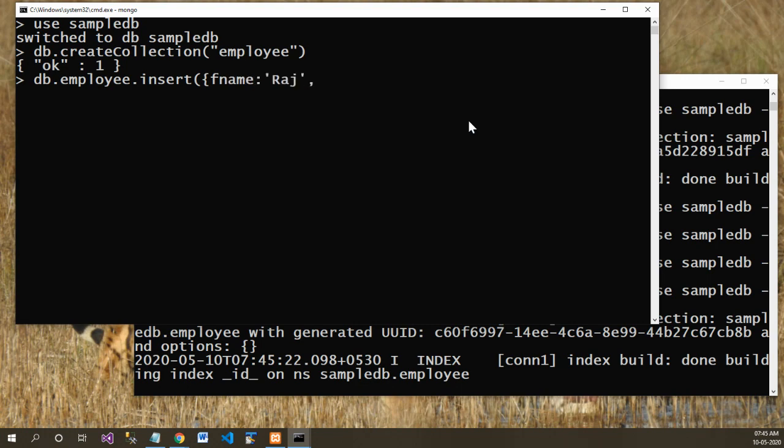But if the command is quite huge, it is better to type this data into a notepad or any other editor and then paste that data into this shell prompt. So from here onward, if the query is bigger, we'll create the command in the notepad and then paste it here. So it has created the employee with some sample record.